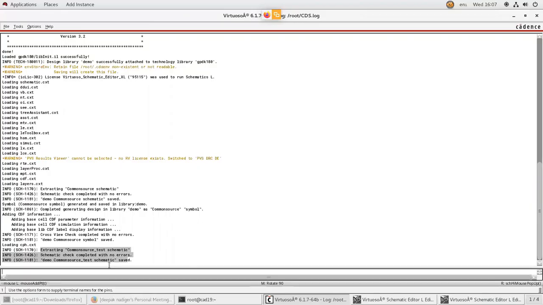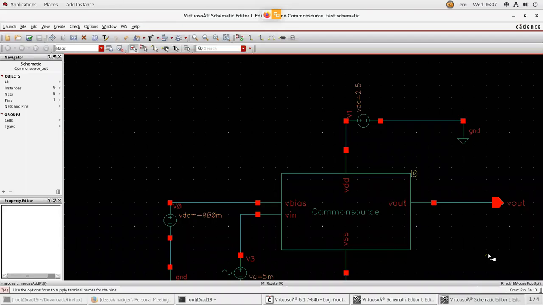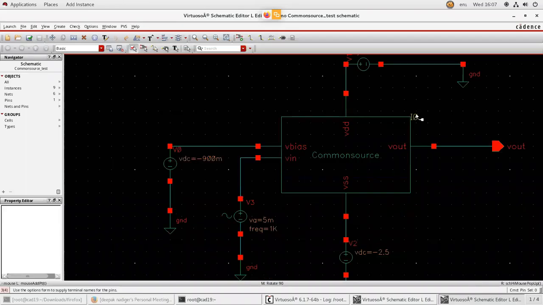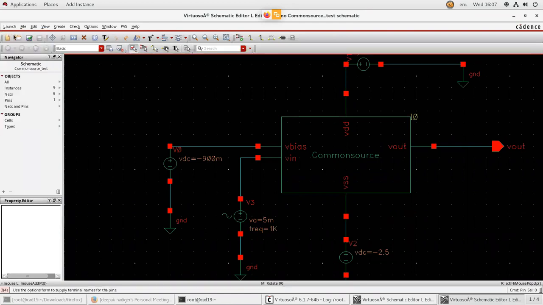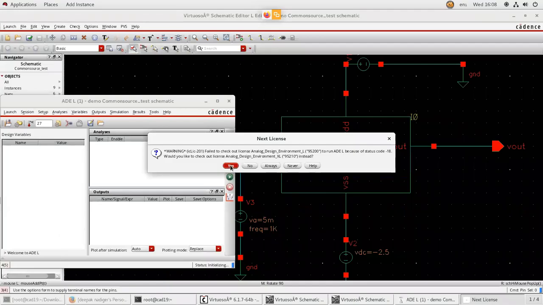Okay. So after this, go to your ADE L window to generate the waveforms. The procedure for that is go to launch and press ADE L. If it is asking for license, press always change of license.